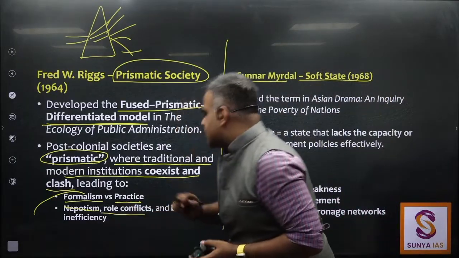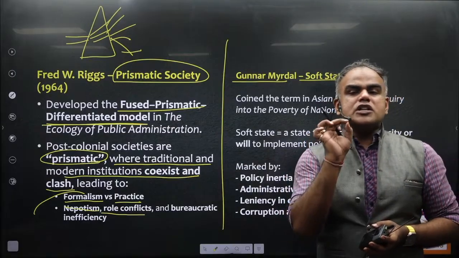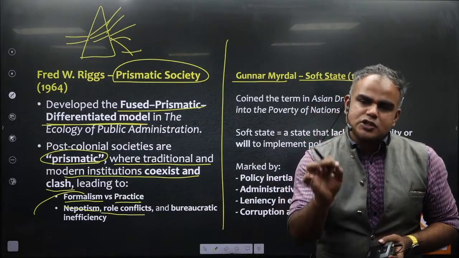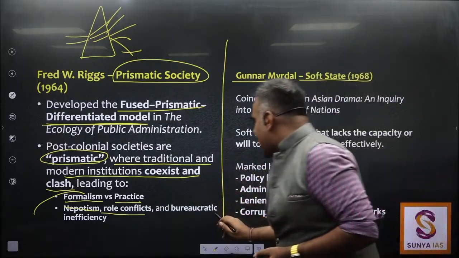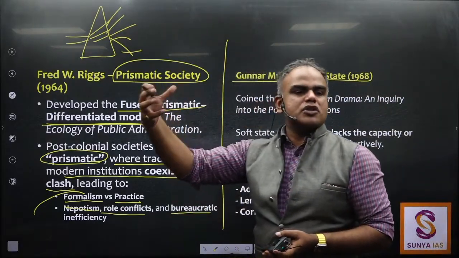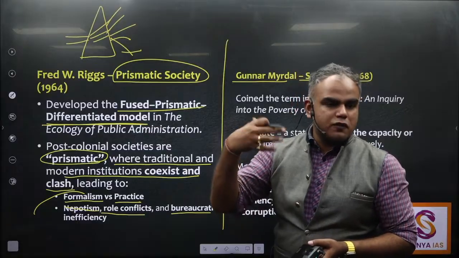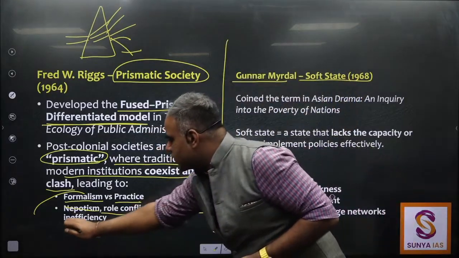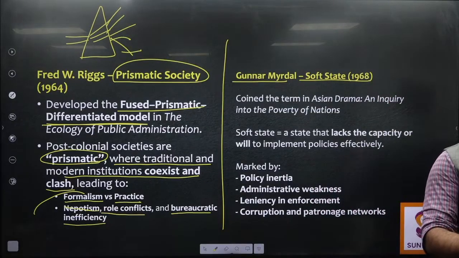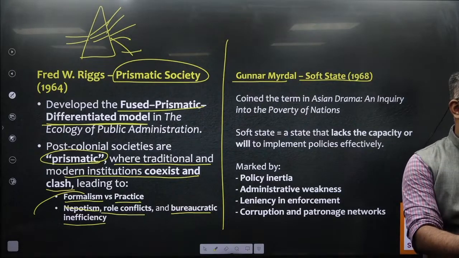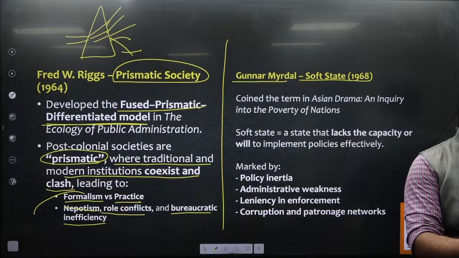There are many conflicts. Why are there conflicts? Because institutions don't have specialized roles. There is overlap everywhere. This is happening. And there is a large bureaucratic structure which has not reformed as much. This is also there: bureaucratic inefficiency. So all these things, when you put them in perspective, continue to haunt, and this also leads to challenges.